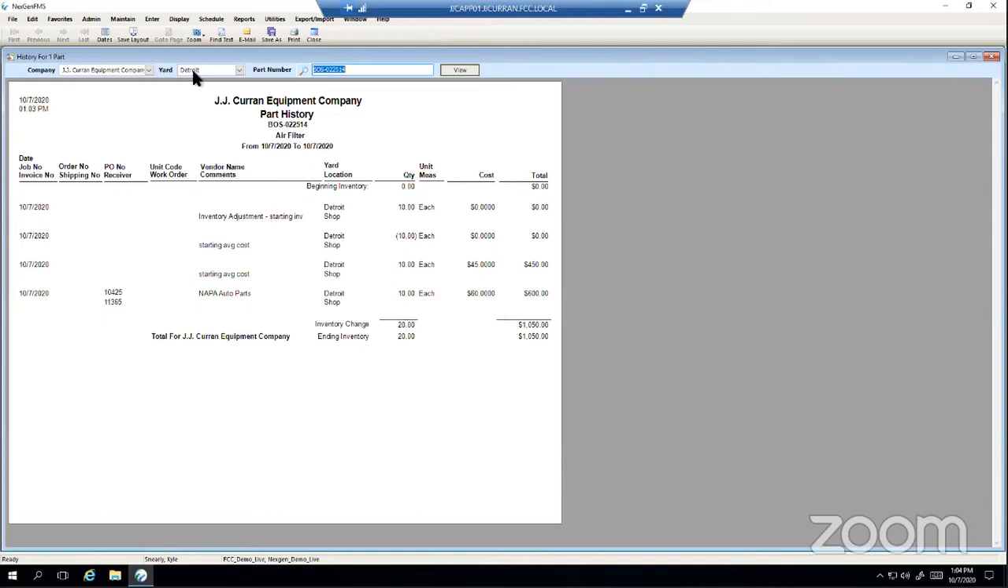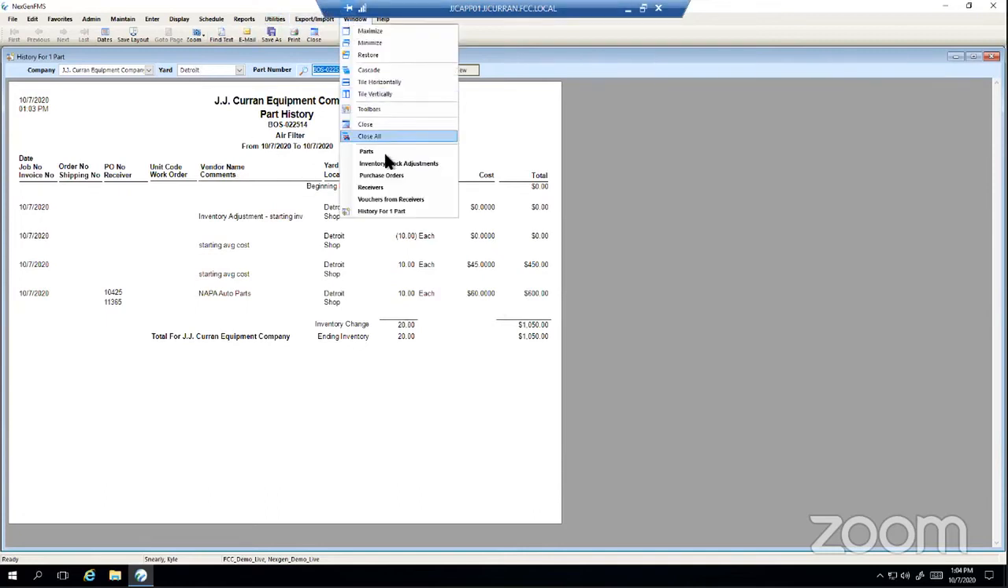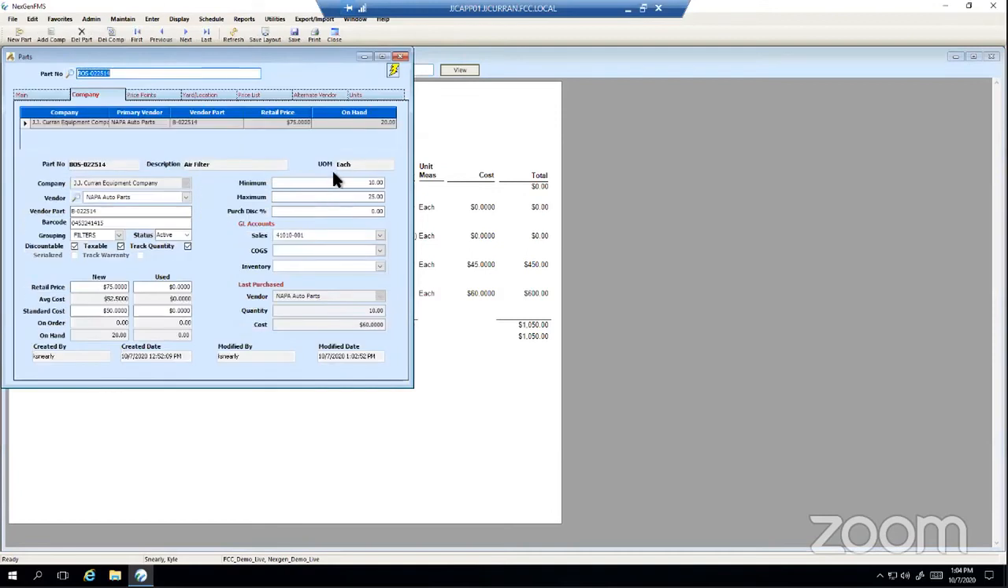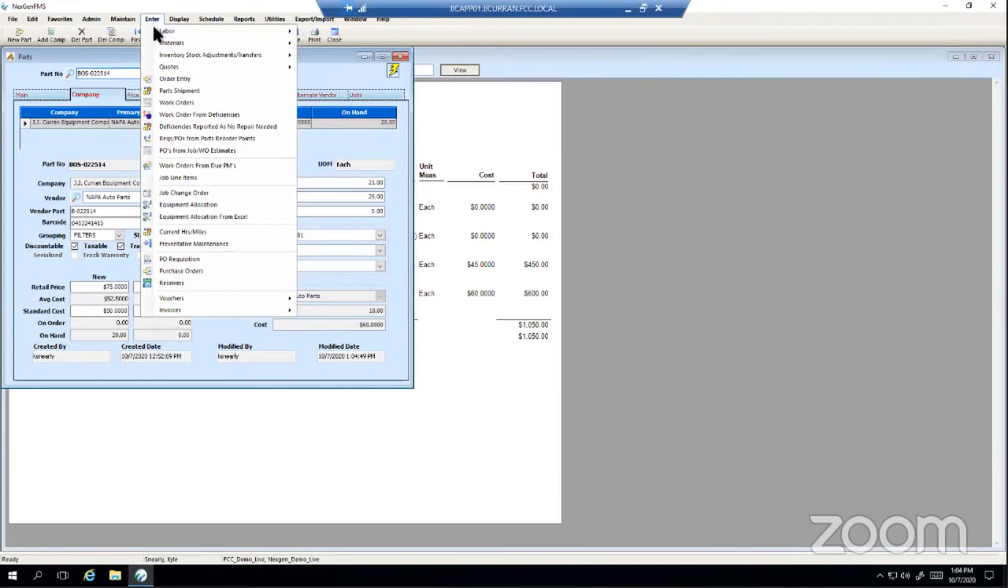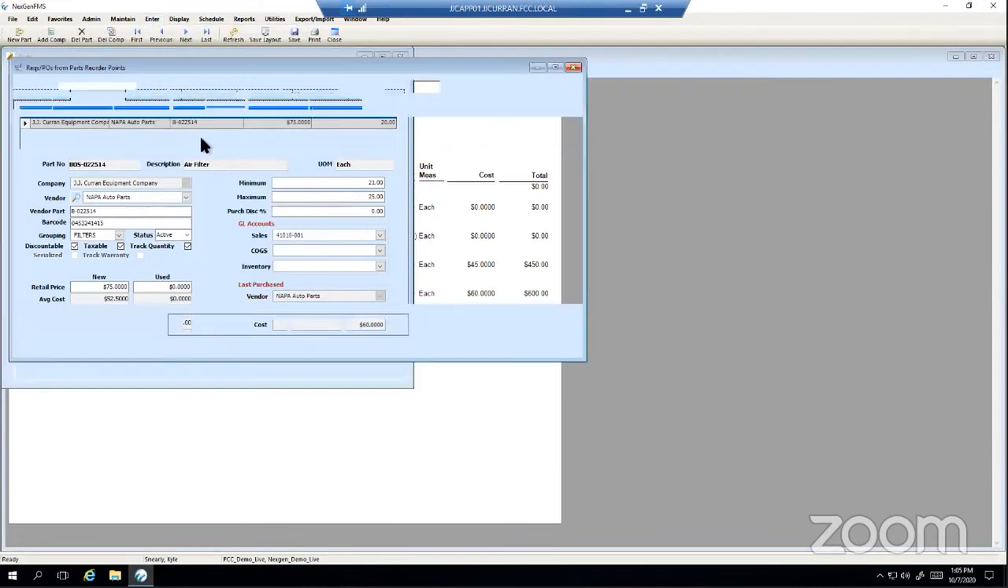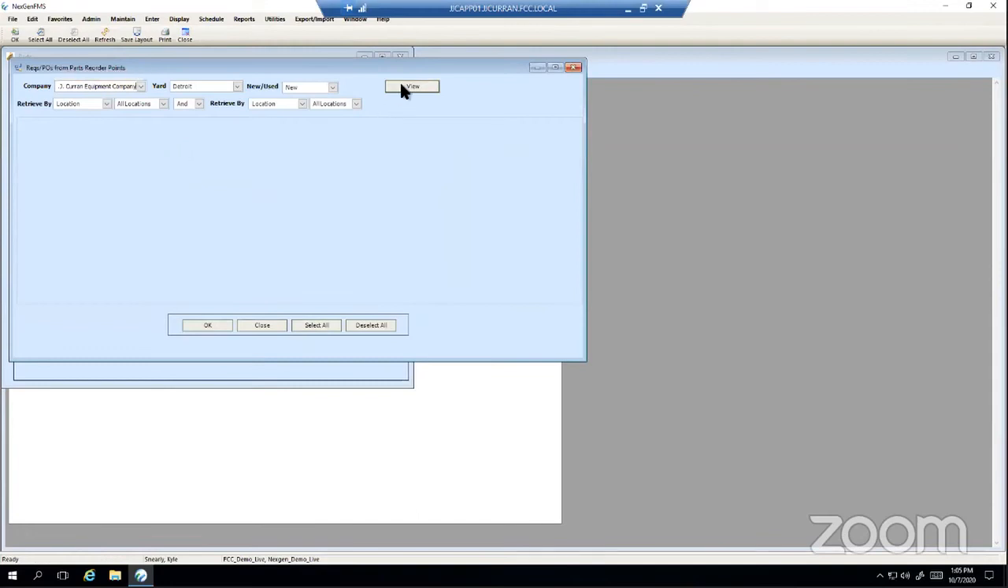All right, I did mention earlier, going back to my parts here, I had my reorder points. So right now I've got a quantity of 20, which is over my minimum. So if I change this to 21, and if I go to enter Rex POs from parts reorder points, and I hit view,